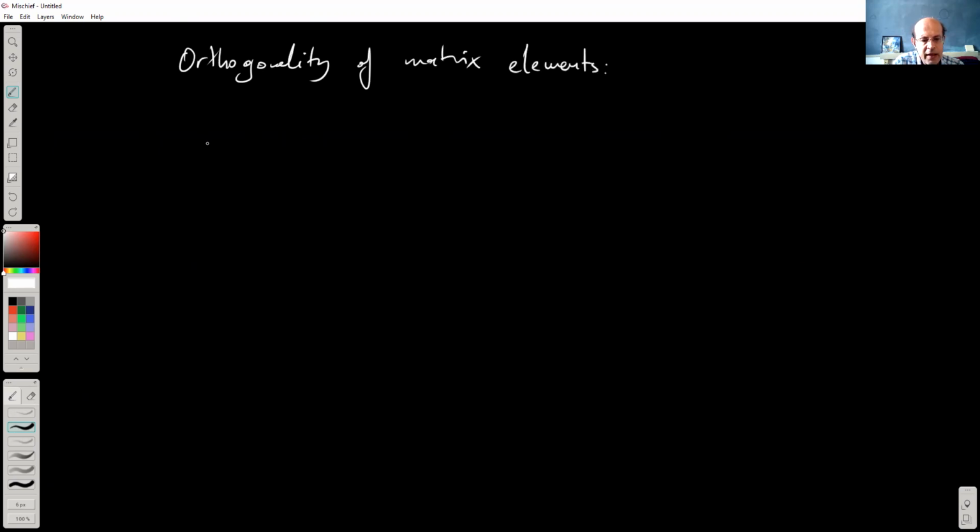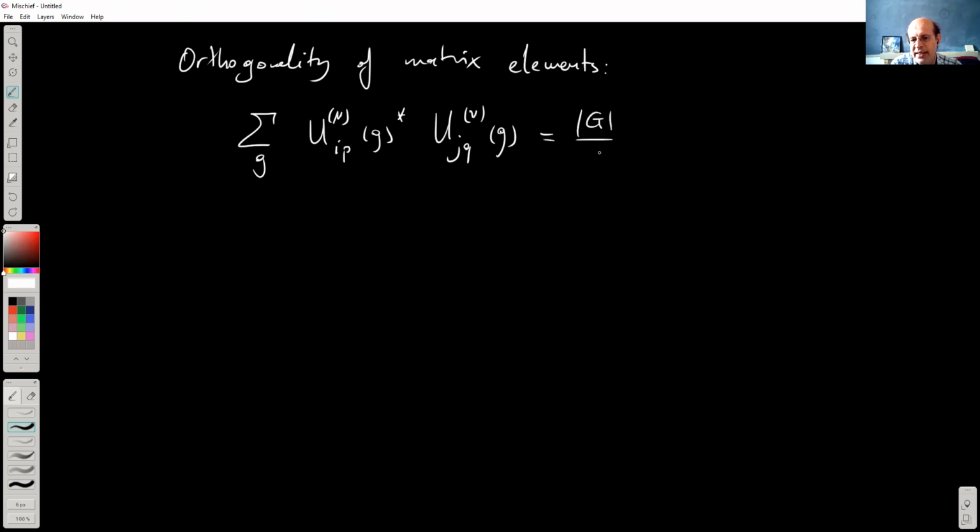Basically it's a sum over the group elements of u of the mu representation's IP matrix element, complex conjugate, and for the mu representation, the JQ matrix elements multiplied together for the same group element, and then there's a sum over group elements, right? And then we have said that this is equal to G divided by